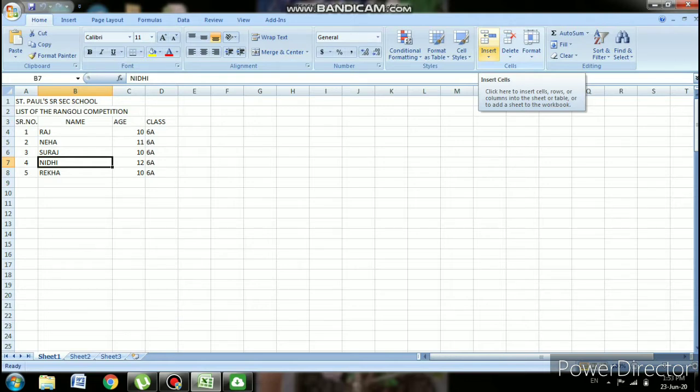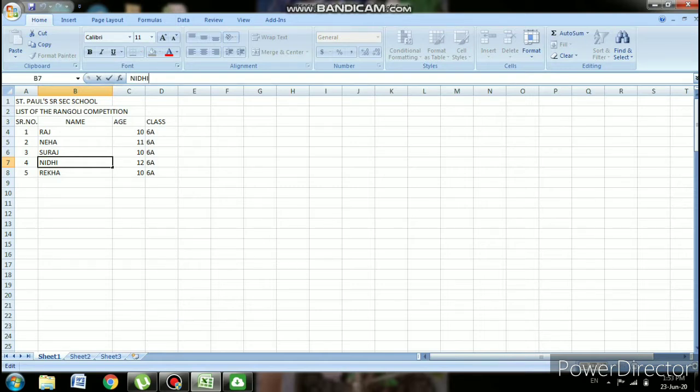So let's get started. Before going to the new stuff, I want to revise whatever I taught you in the previous video. So just see, this is the office button and these are the toolbars. Here is the home tab. This is the name box. Name box is showing your current location in the worksheet or file. This is the formula bar. It shows whatever you are typing in a cell or the content of a cell.